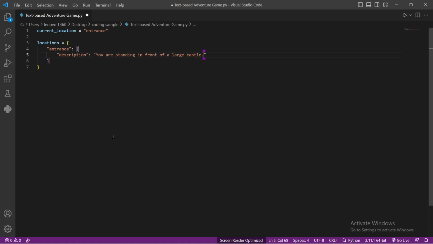Let me put a comma here, and I'm going to declare the actions. There will be three actions, and the first one will be look. This is a text-based adventure game, so this is how it is going to appear. Our first action will be look, and then to this one we're going to say, okay, let's say